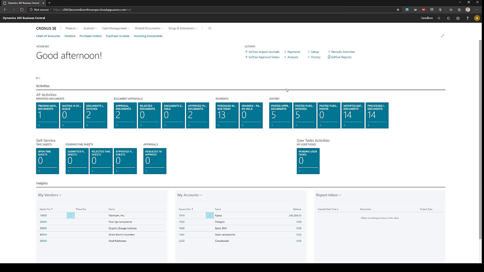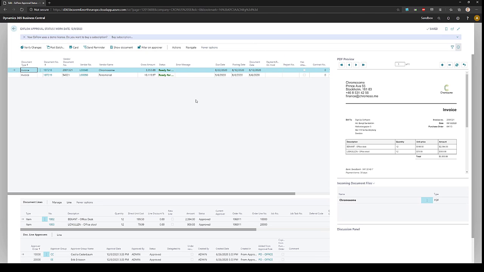And go back to the start, and we have another menu called ExFlow Approval Status. This is where we can see all the active invoices, both the purchase order matched ones and normal invoices. In this case, I only have these two invoices, and as we can see, they've both been set for ready